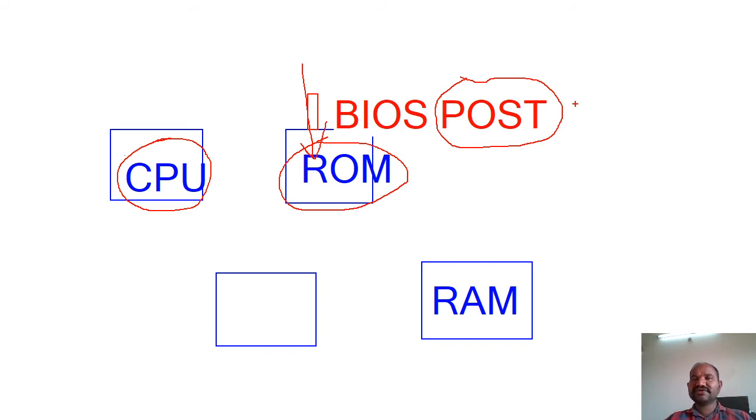If at all the things are perfect during the boot up time, then it enables the signal, meaning it says that the information is true. The operation is true means all the components are perfect. Now the next step, what the BIOS is going to do: this BIOS has the starting address of your operating system.